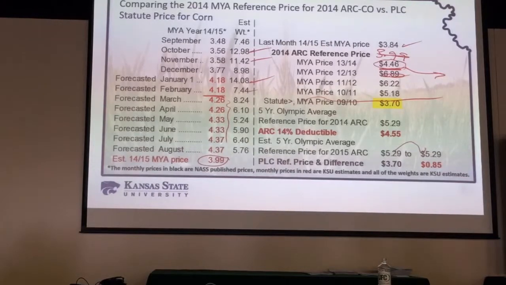You guys follow the back row here? Okay. Anyway,